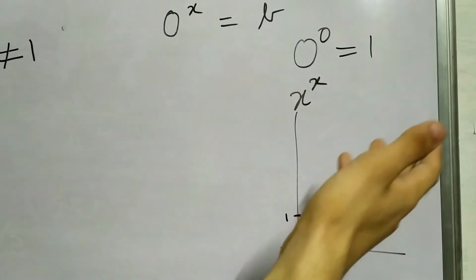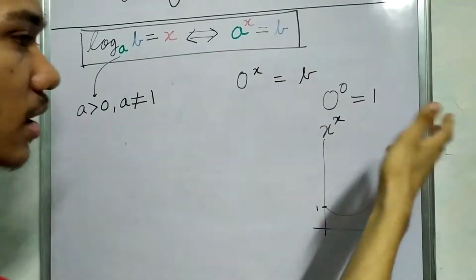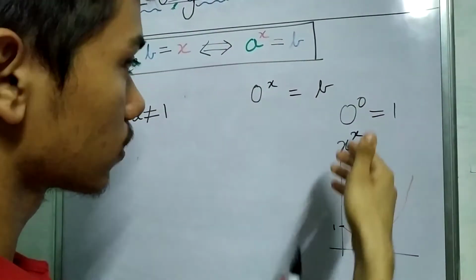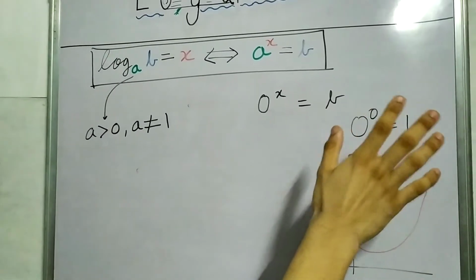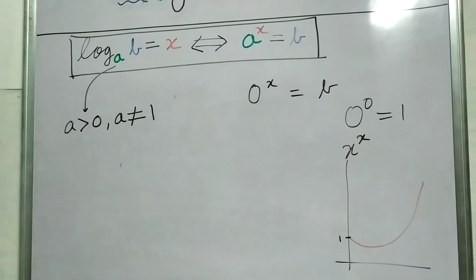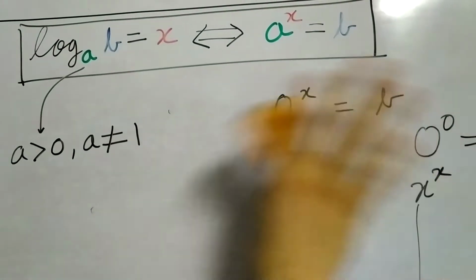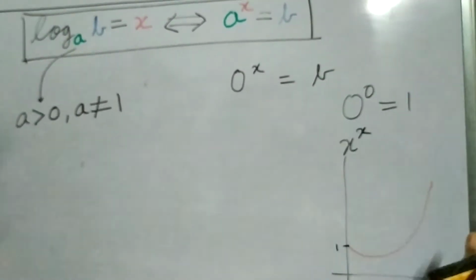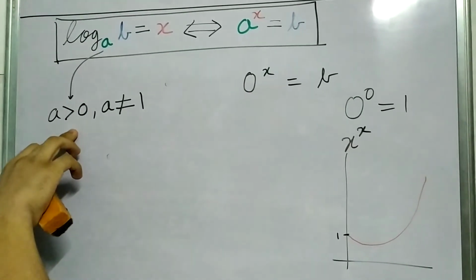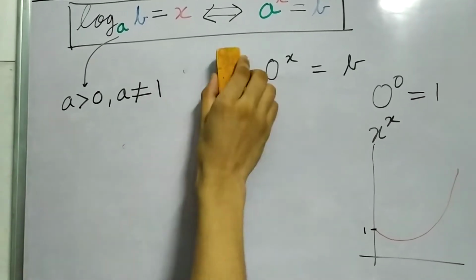So you can consider it, but it's just a matter of how you define 0 to the 0 in one sense. We're not going into these cases where we need to work with 0 to the 0. But this is the general way: 0 to the something can't be any number other than 0. So we don't put a equal to 0 for the base; it needs to be something greater than 0. And what about 1?